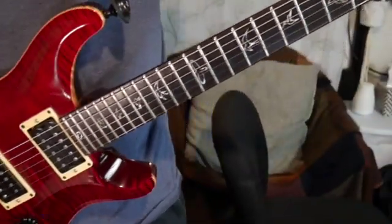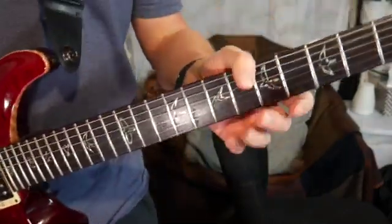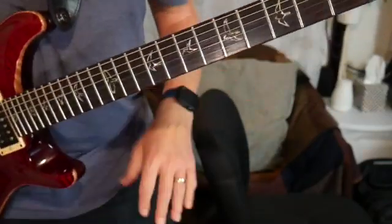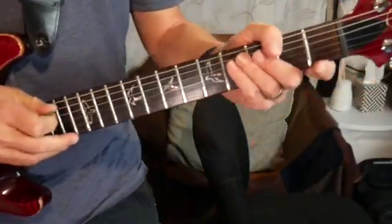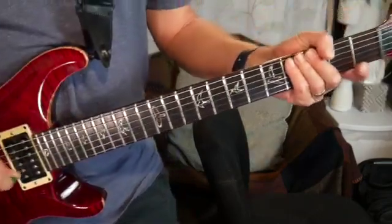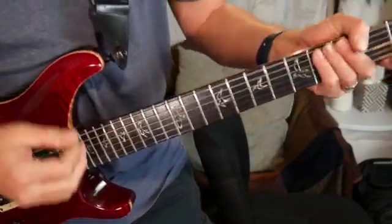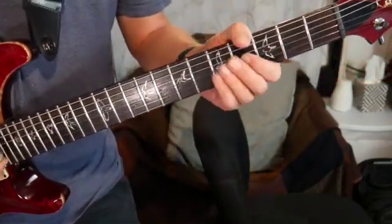All right, so let's get on to the solo. This solo moves fast. There's no question. It's not going to be the easiest thing to play, but the solo does move fast. There's little nuances here that I'm probably not going to get exactly the way he does it. It's very hard to get exactly the way he plays it, but this should at least get you started. You know, if you got a way to play this exactly precisely, please let me know in the comments how you did it. I'd love to know. We start with...